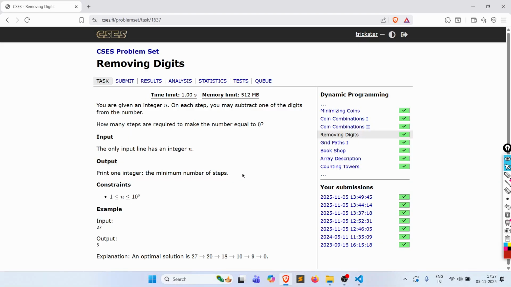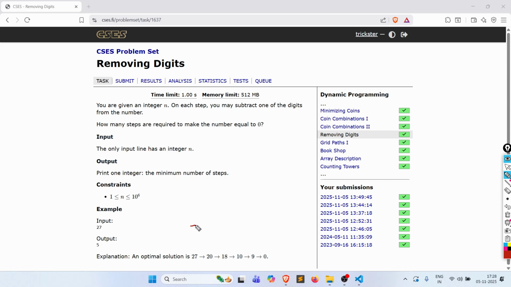So guys, we are going to discuss a CSES problem, removing digits. What we are given in this question is an integer n, and we have to subtract any digit which is available in that integer n and make it 0, and find the minimum number of steps. For example, we have like